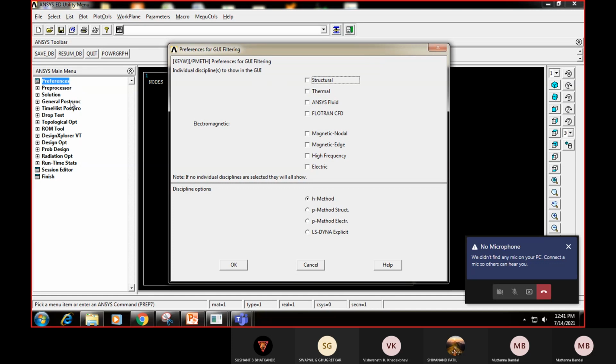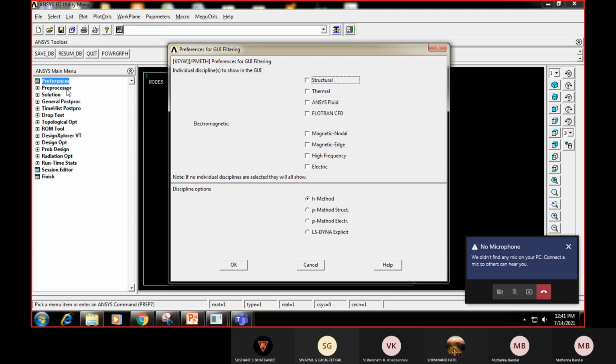Post means after. After solving, we have to check for the deformation and the stresses, and those should be compared with a standard, that is Young's modulus in case of the material, and the deformation limit if we have it. If they are within the limit, then we can say the structure is safe for the given loads.